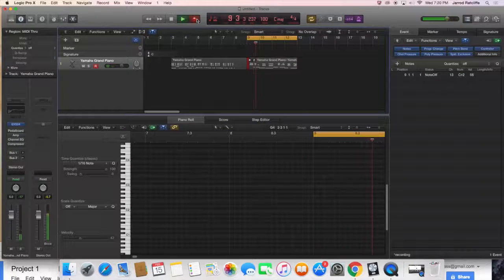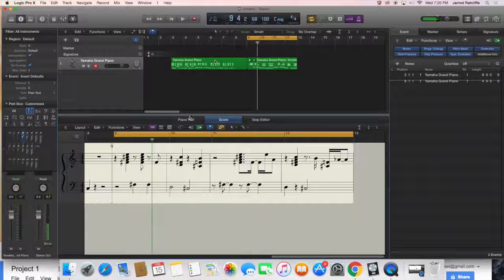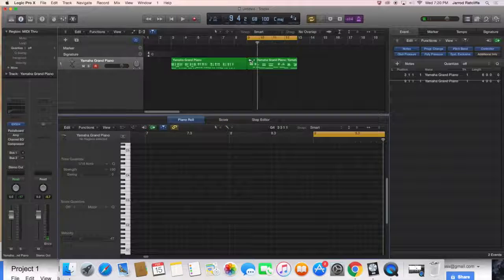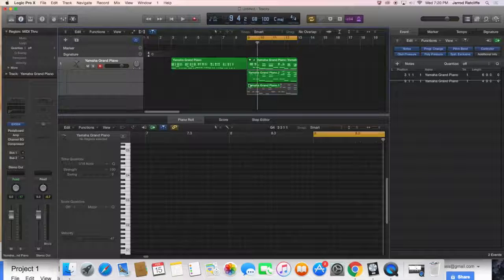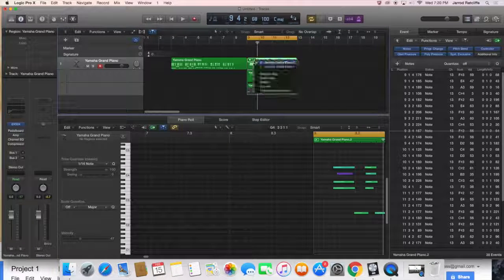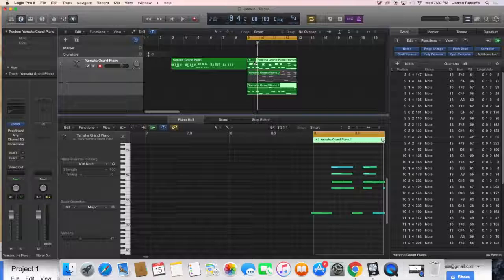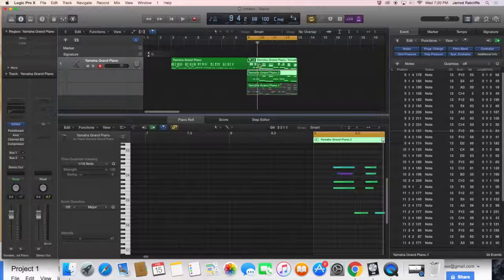And if I hit stop, what happens? First of all, I went into score view, which you didn't. It wasn't intentional. There's a little drop down arrow, and I can see all of them. And I can toggle and say, I want to listen to take one, I want to listen to take two, and it mutes the other ones,